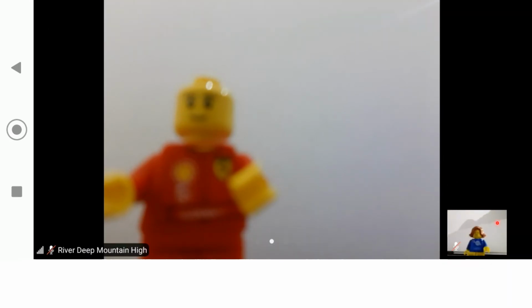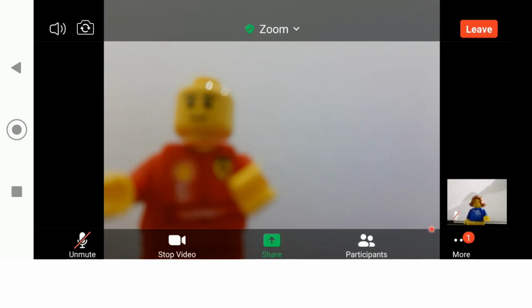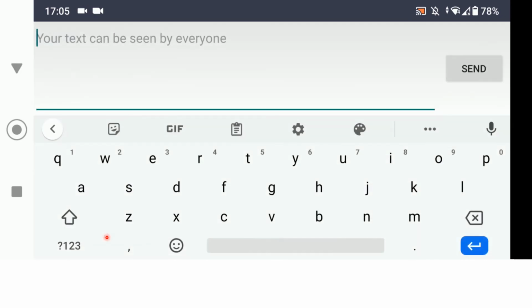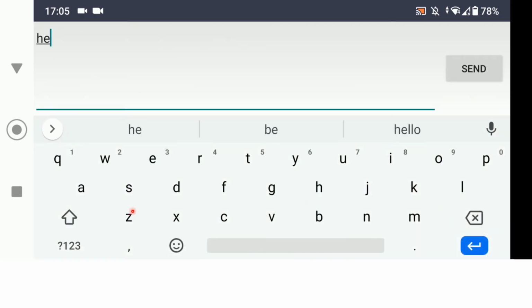And then to access chat, you're going to go in the menu down here, and that will get more, and then that will bring you these options. So you click chat, then you can tap here to bring up your keyboard, type your message, then press send,